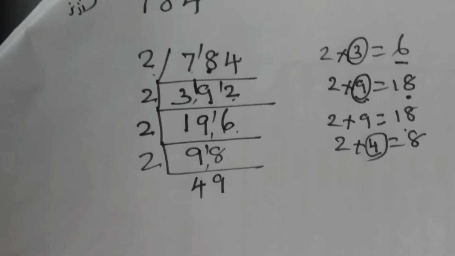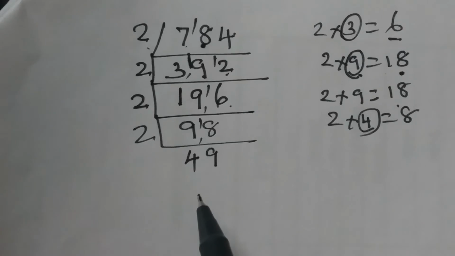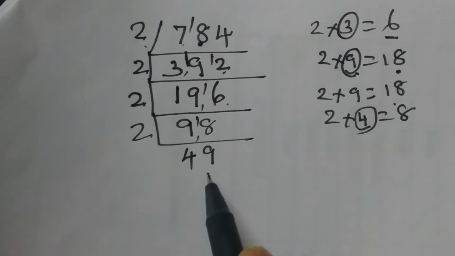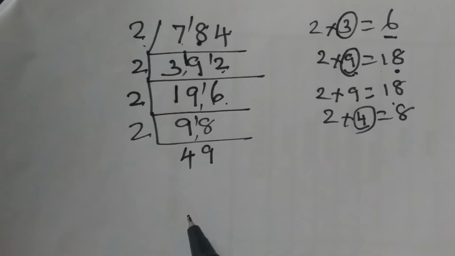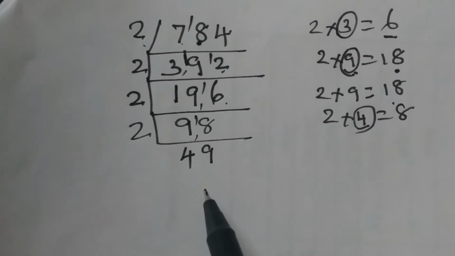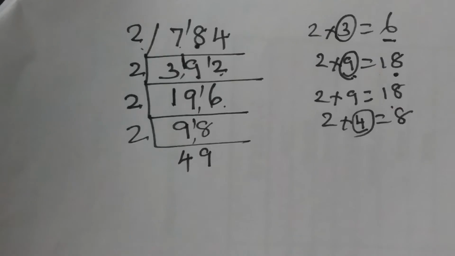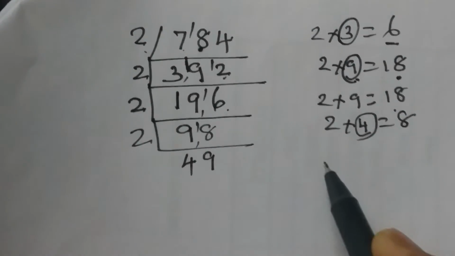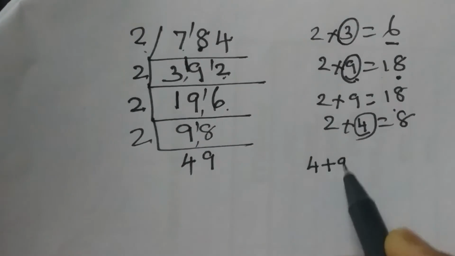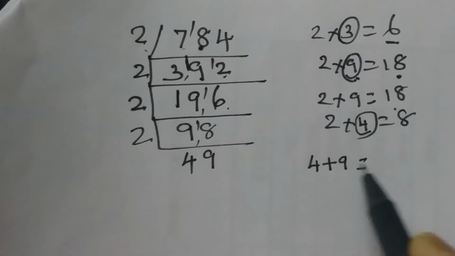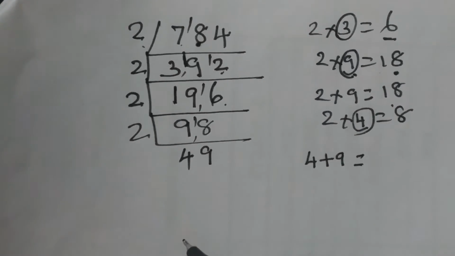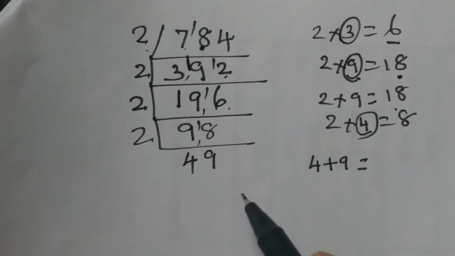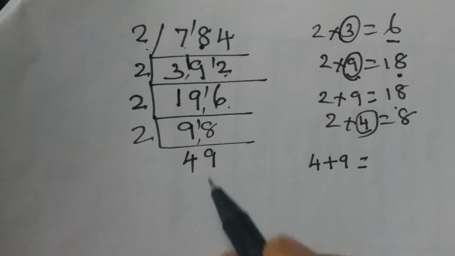Now what is this 49? Is it an even number? Ending with 9? No, it is an odd number. Once you get an odd number, by which number will you check? Yes, by 3. Now, what is the divisibility rule for 3? You have to add the digits. In 49, you add the digits 4 plus 9. We know 3 tables only till 3 10's are 30. We don't know up to 49. So we have to check whether this number is divisible by 3.